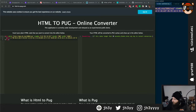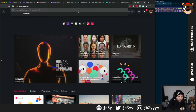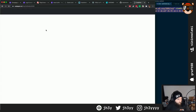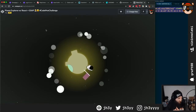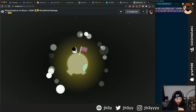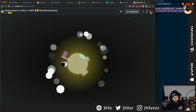Where is it? Okay. So this is something I want to rebuild, and this is a React thing. This is just like generative planets, and you get this little dude that's like a little astronaut. And then if you hold down, this is why I want to change it, I want to add sounds and stuff. If you hold down the spacebar,